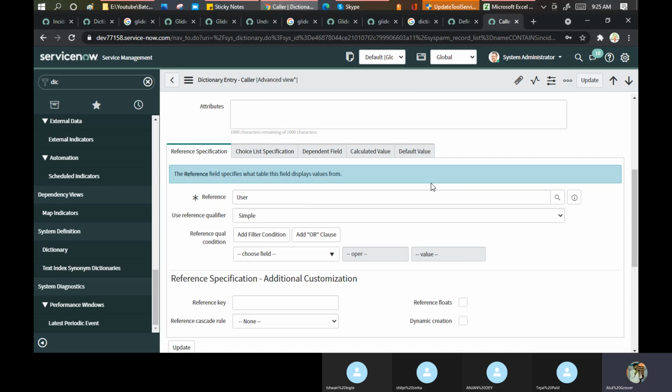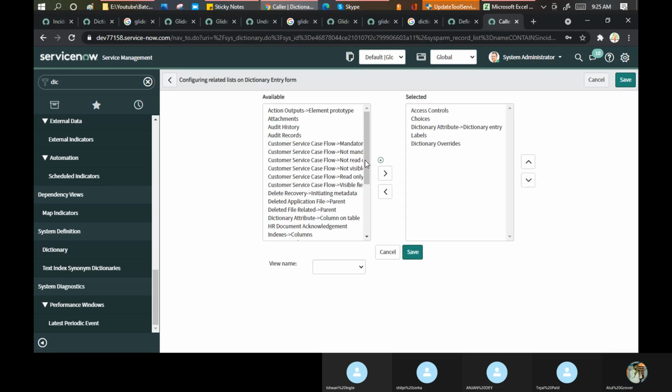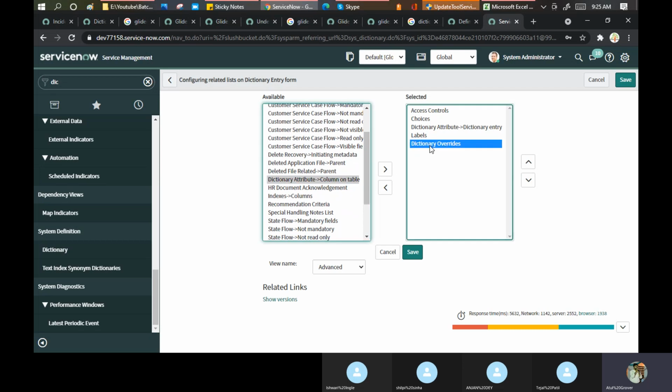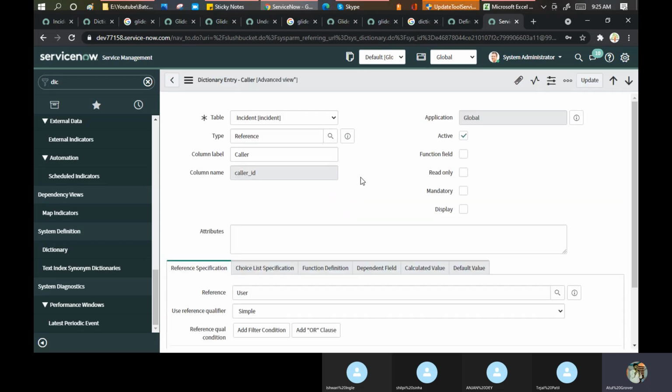These are the problems we sometimes have to face. Dictionary override is there, so why are we unable to see it? Label and this. Is anyone able to see this dictionary override?